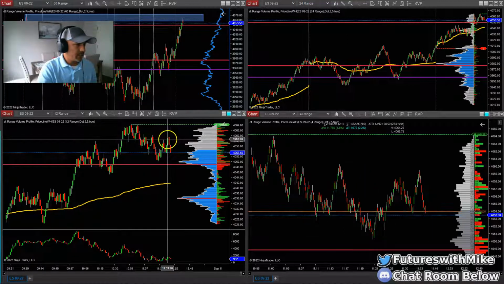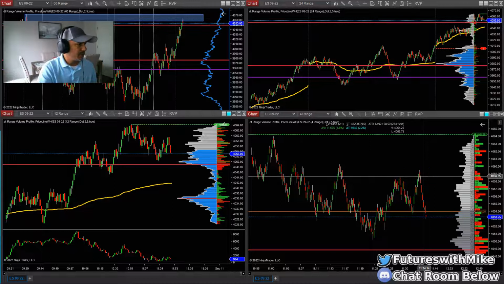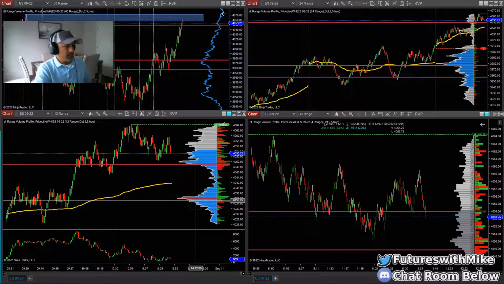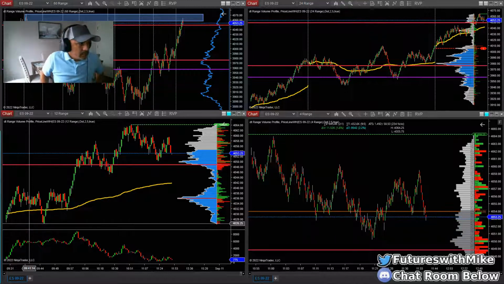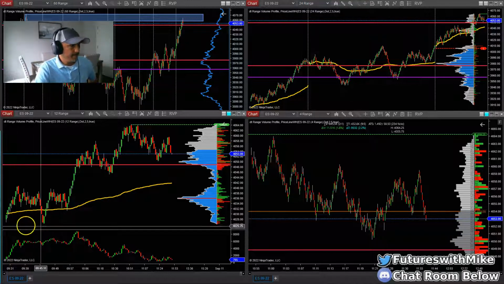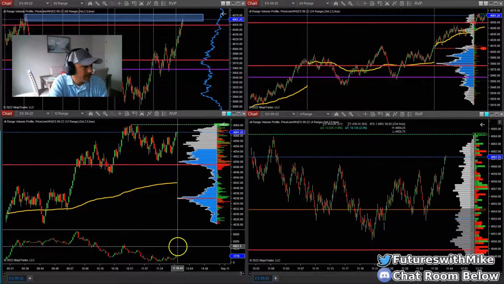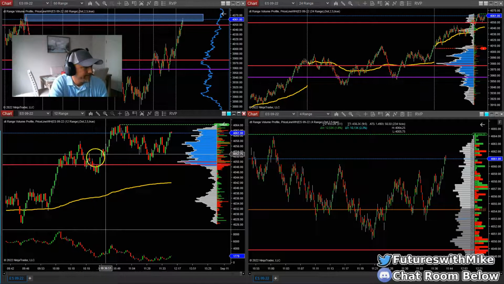That was a short right there. You can see it here on the full range chart. It just happened too quick. I'm just going to have to wait it out now. All right, looks like the market is going to come down here and test this area down here.